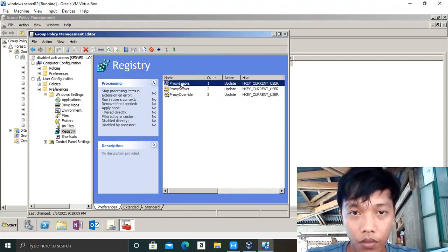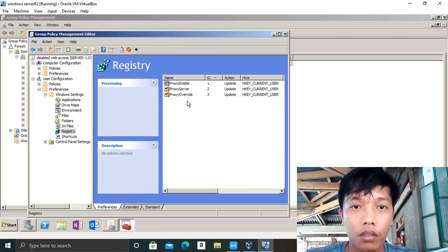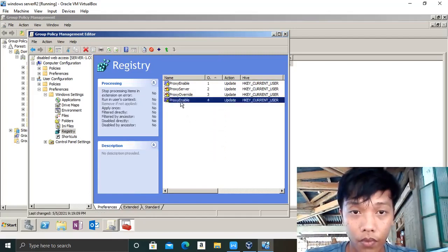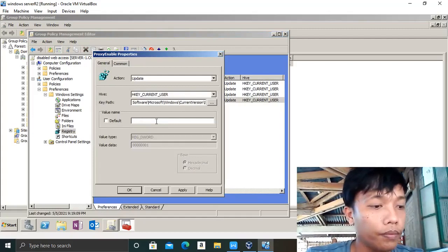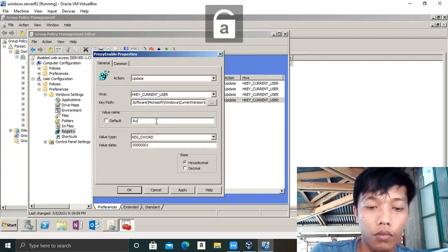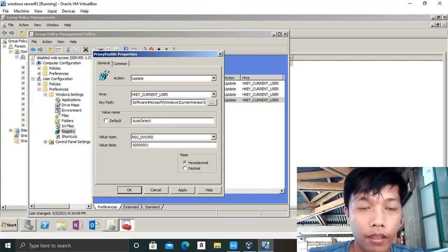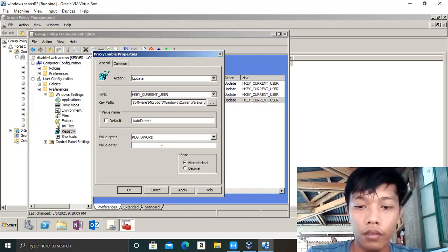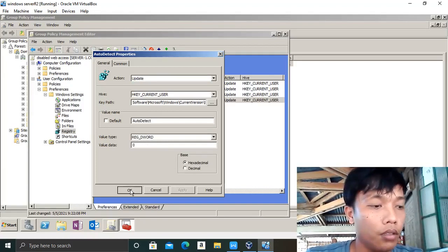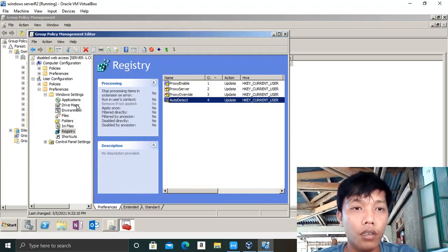Then for the first one that I created, copy it, then paste, then the default name change to AutoDetect, then the value type REG_DWORD, then here type 0, click apply, then okay. After I'm done with the configuration here,